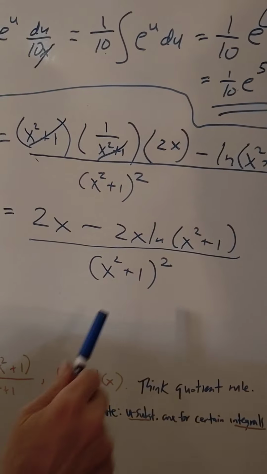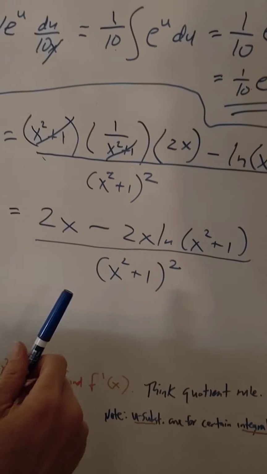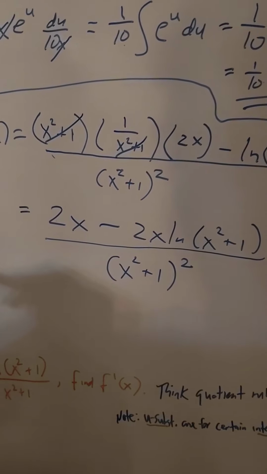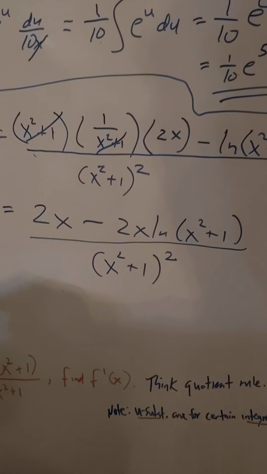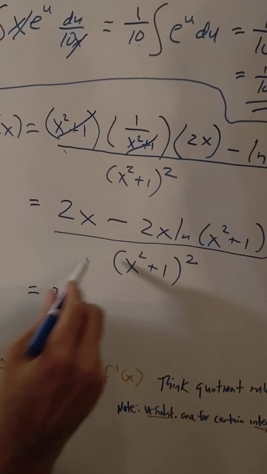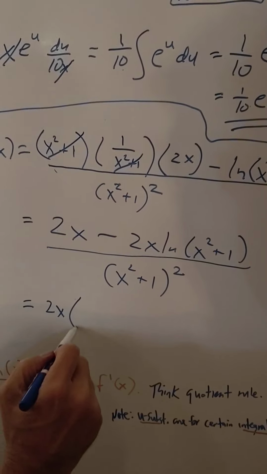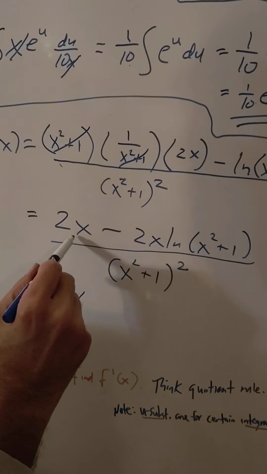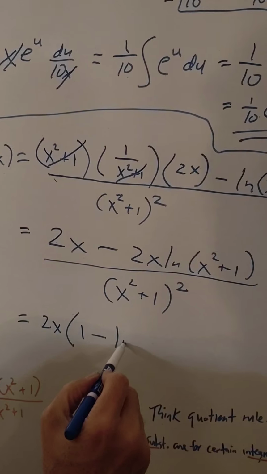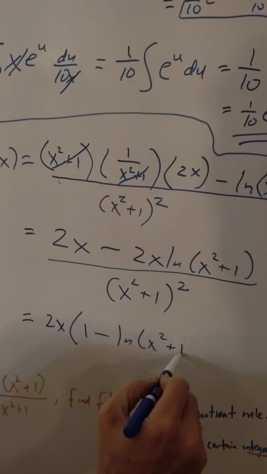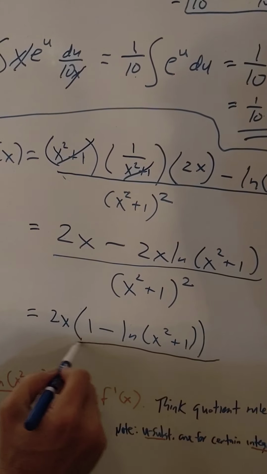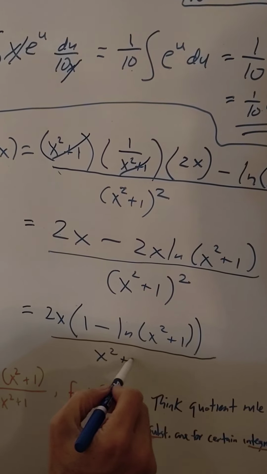And again, you can't cancel. That would be totally wrong. If you want to, you can pull out the 2x from the numerator. It's not necessary. I'll do it anyway, just in case of WebAssign. I hear WebAssign would probably accept this answer, but just in case. If you take out the 2x, it's going to be 1 for the first term minus, and we took out the 2x, so it's ln of x squared plus 1. And that's going to be all over x squared plus 1